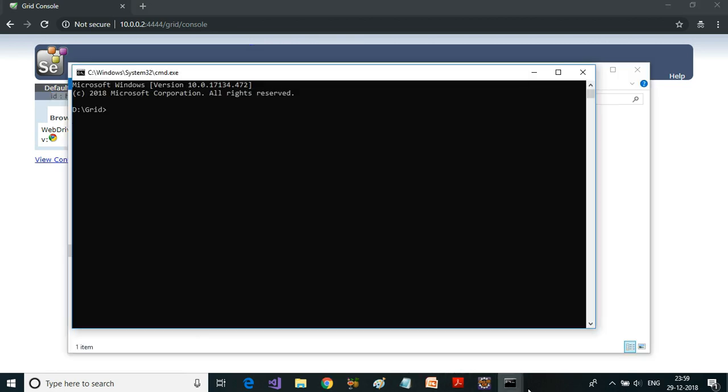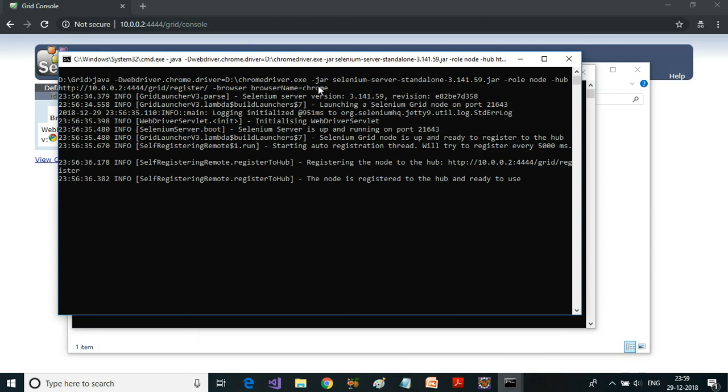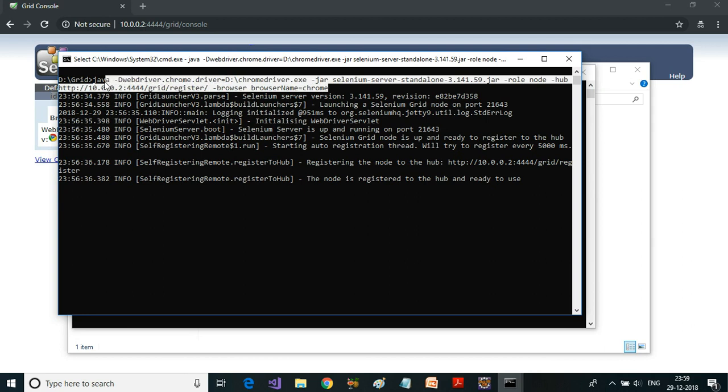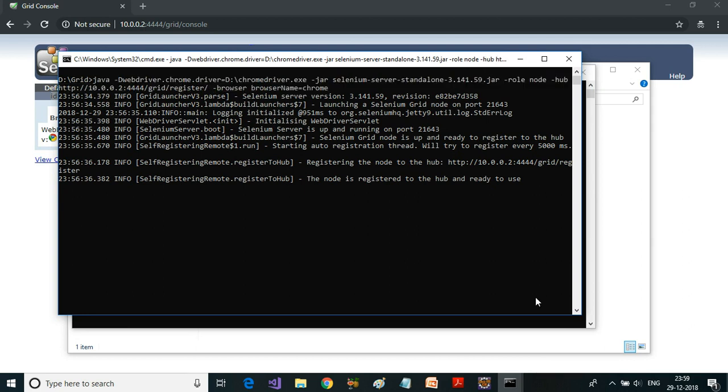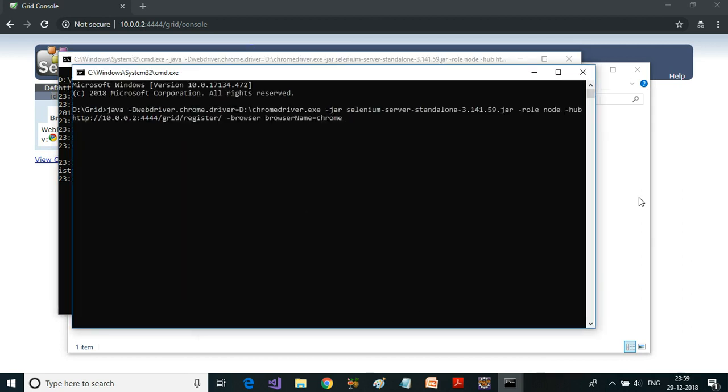Open up another command prompt, and again copy this command, paste it here, but in this case it will be Firefox.